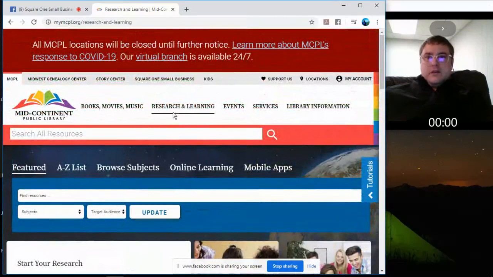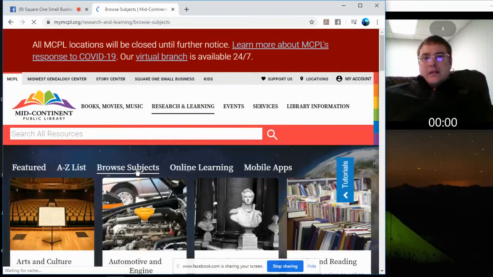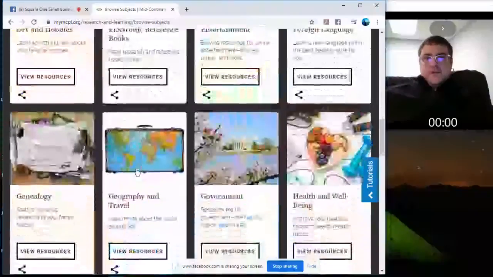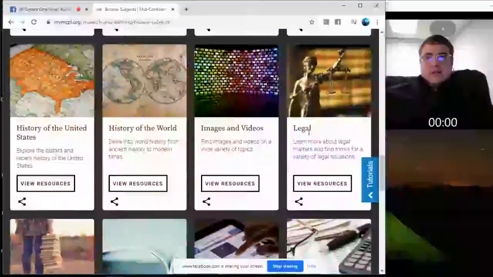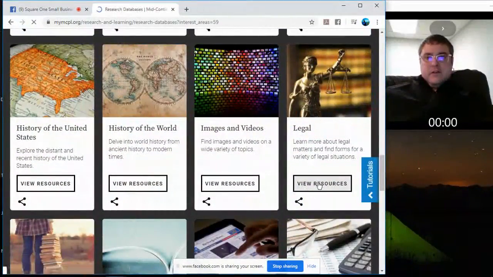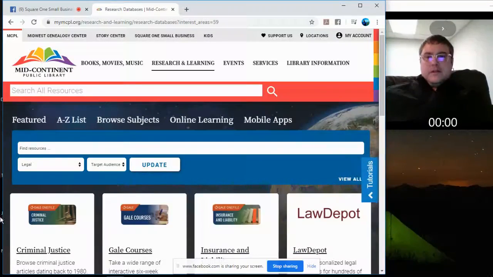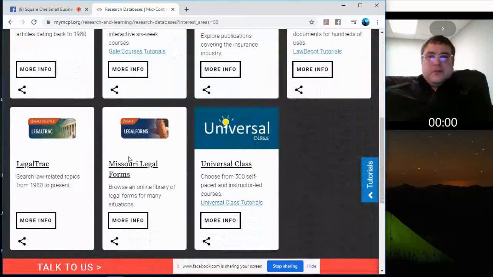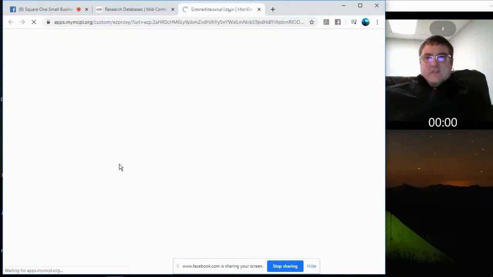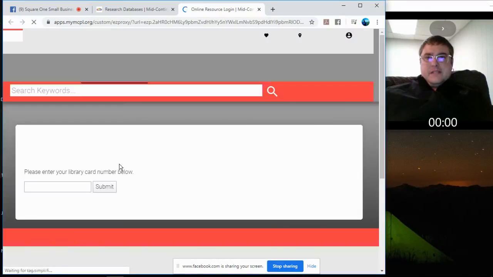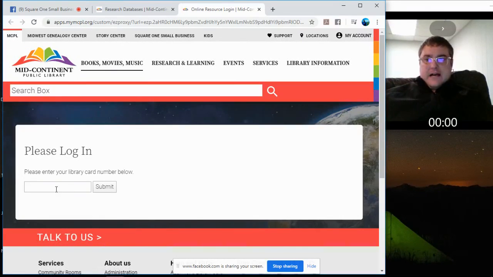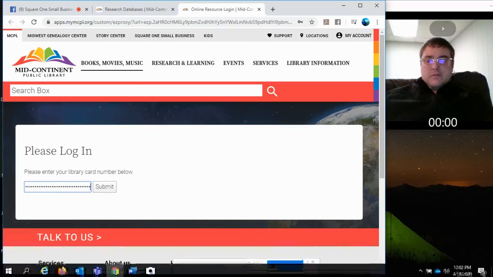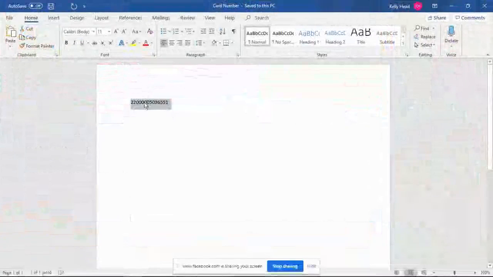So if you click on Research and Learning and then go to Browse Subjects, there is a subject that is called Legal. And if you go into View Resources, one of the databases there is called Missouri Legal Forms. And this will have, in addition to business forms, a lot of other types of legal forms. So feel free to check